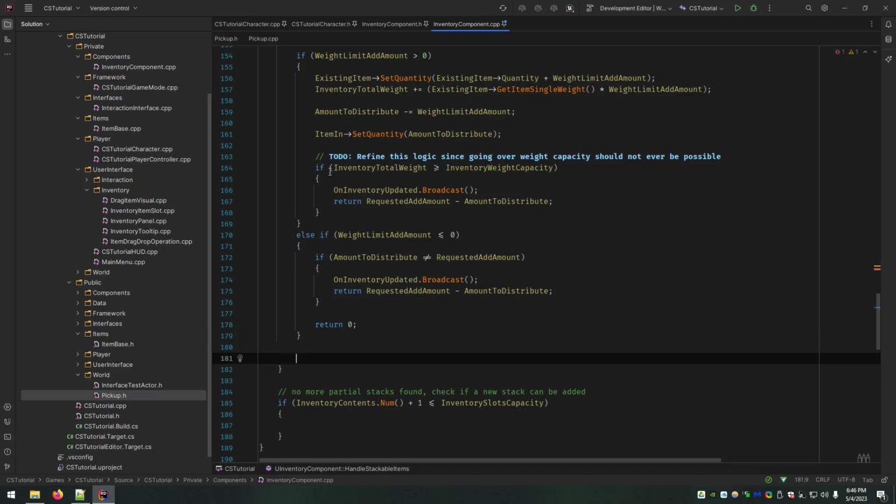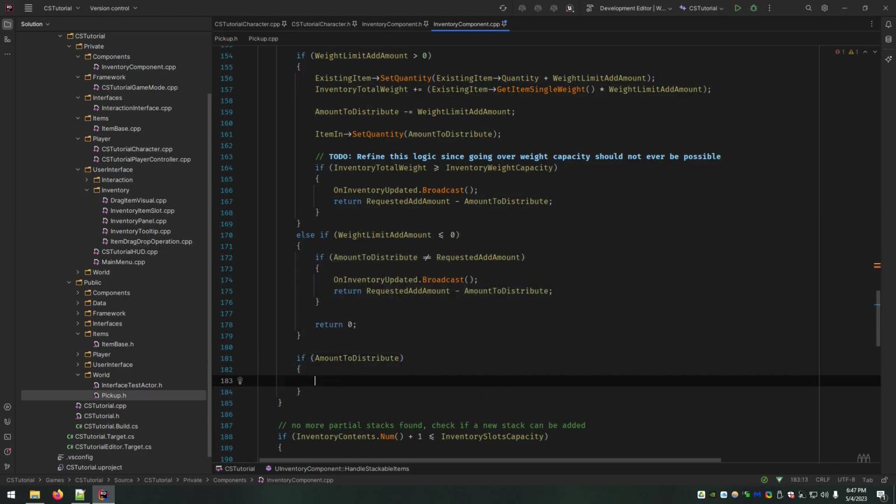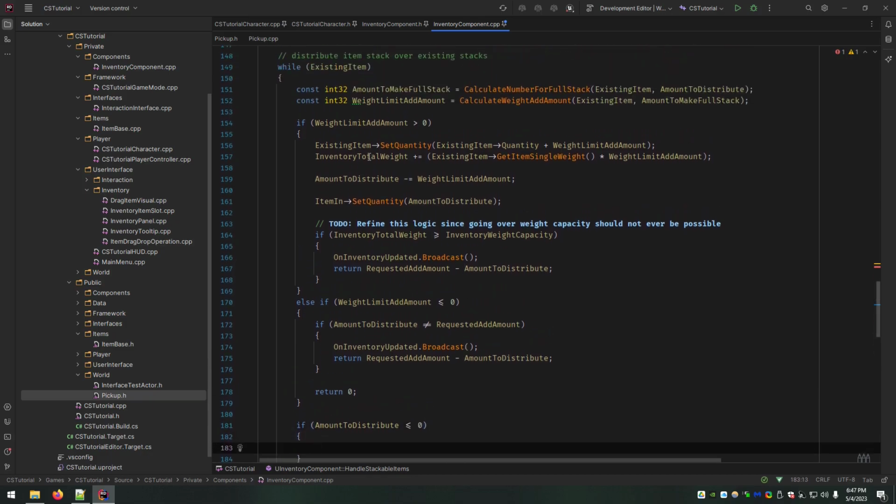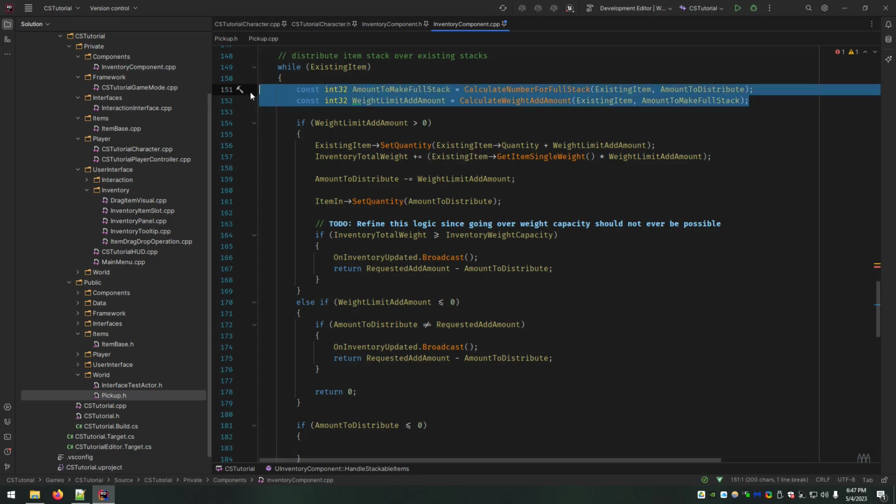Now, if all of this gets skipped, the very last thing you want to check is if amount to distribute is less than or equal to 0. That means we didn't have to do anything with the partial stacks, because all these calculations up here look for actual partial stacks.